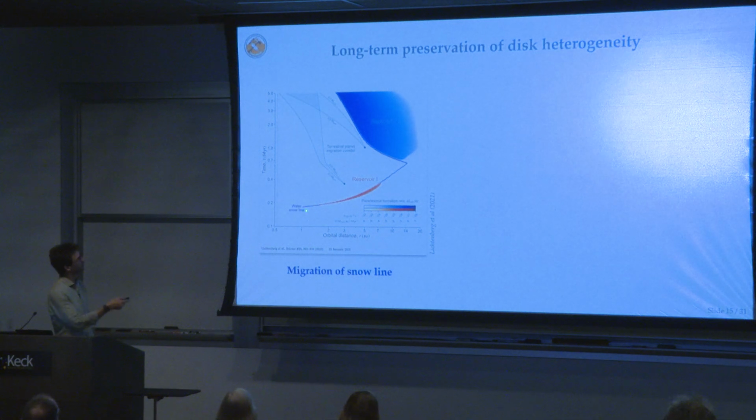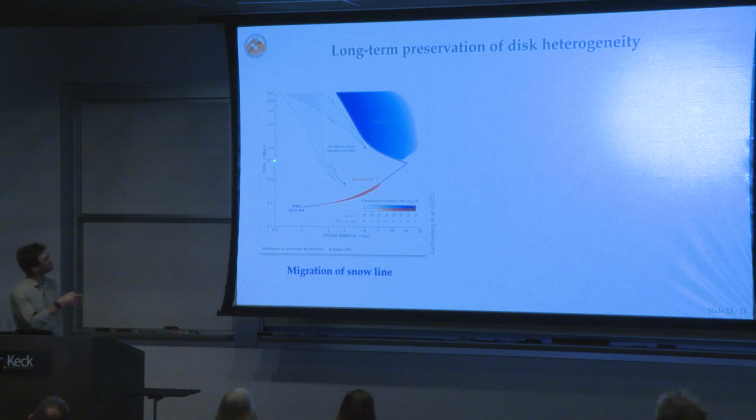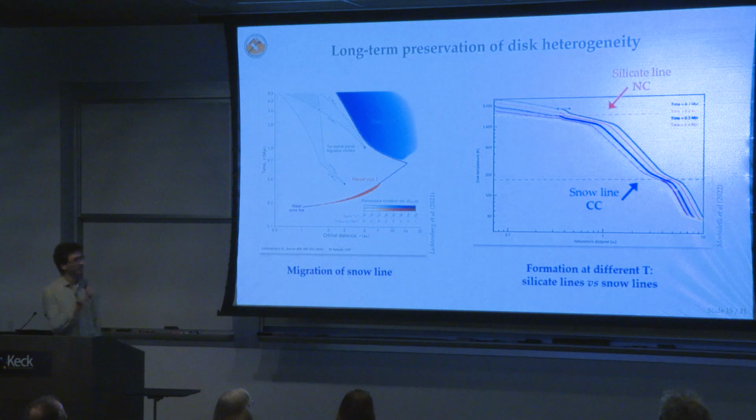In this model by Lichtenberg, the snow line moves outward and initially some material starts to form along it, and then it recedes as the disk is calming down and you have a second reservoir that forms. Here there is a bit of an implied time difference between the two, but it's difficult to resolve, so the proposal still holds. The other way you can do it is you can form them at the same time in